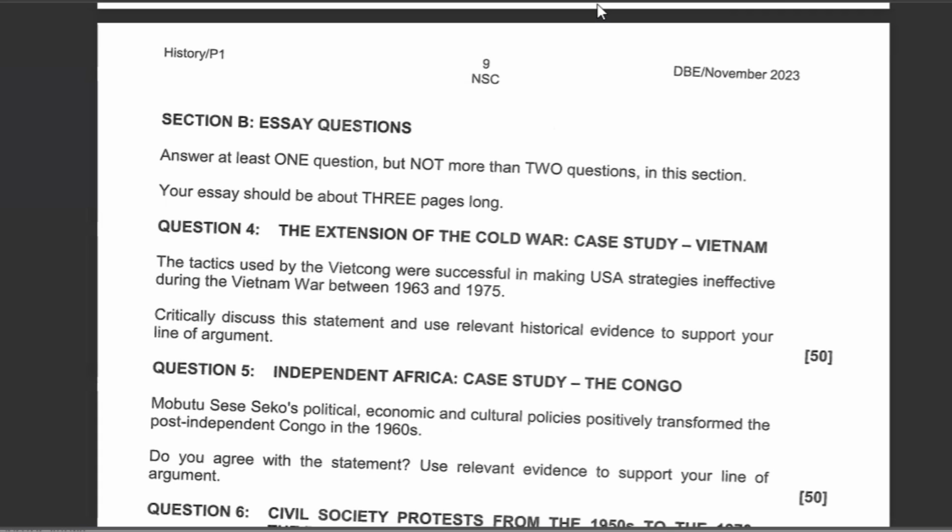Right, continuing with our discussion, we are measuring the US strategies that they tried to use in the Vietnam War. We go on to look at another strategy that was employed by the American side. The Americans also used another strategy, which was called the search and destroy policy, meaning they were trying to identify where the guerrillas were so that they would destroy them.